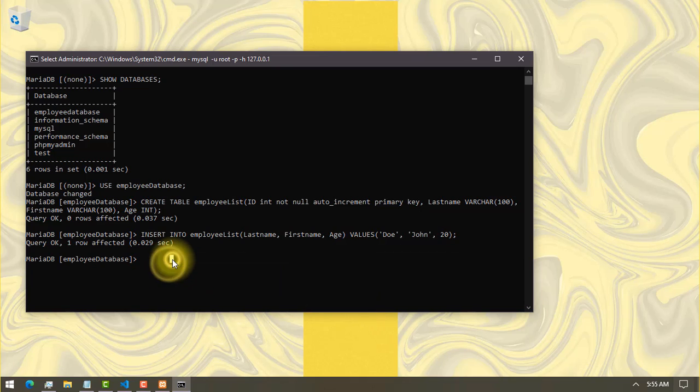So how are you going to see the change? The code is select asterisk from table name, which is employee list. So the select keyword allows you to select data which you want to specify. In this case, we specified this wildcard character. That means all, by the way. So basically select all from employee list. That's what it means. So when you press enter,